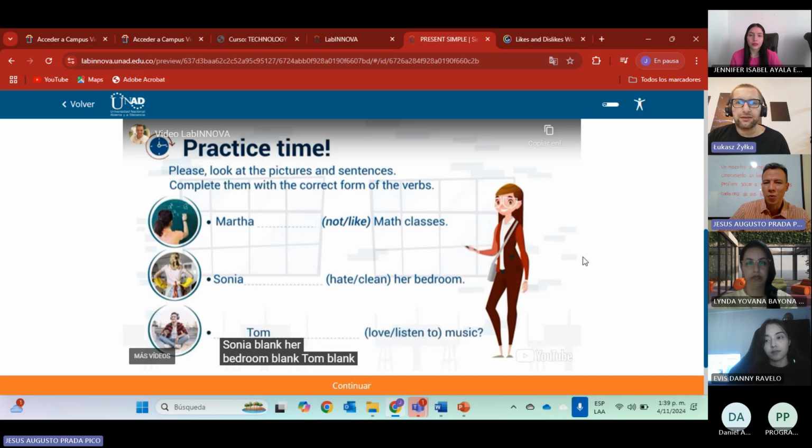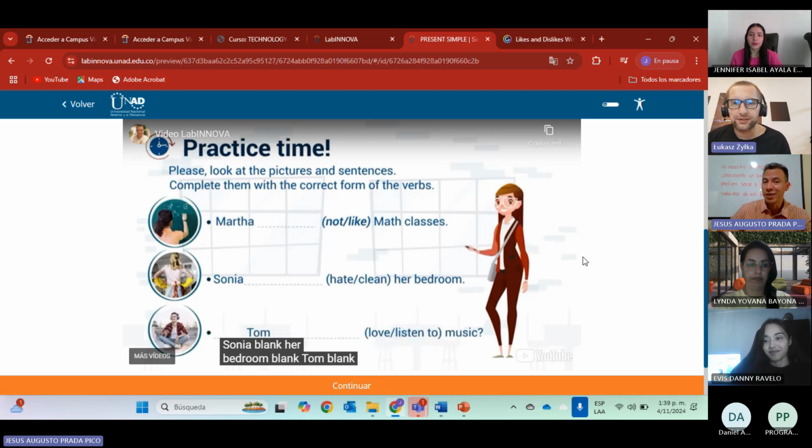Any person who wants to participate? Yes, Sonia. That would be Sonia hates to clean her bedroom. All right, that's a way. Yes. Sonia hates to clean her bedroom, but in that case, we can use a gerund with the verb clean, and